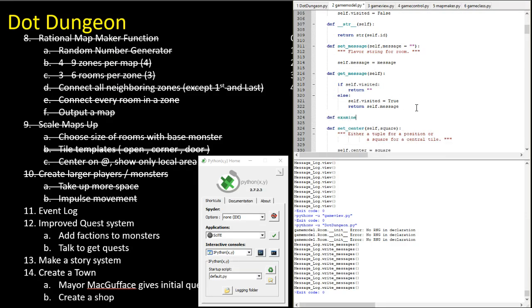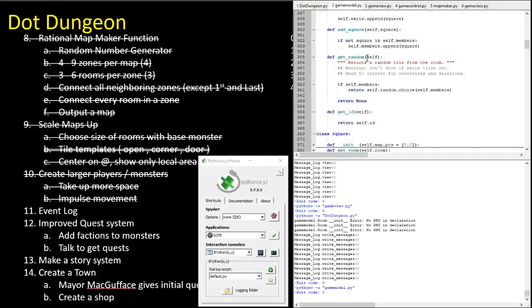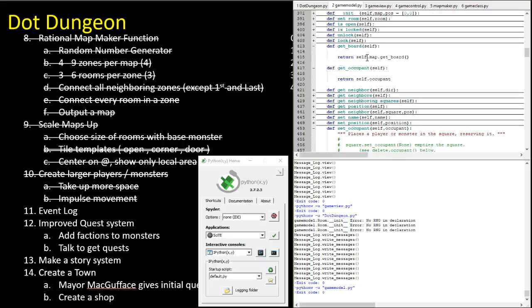def examine self, return self message. There you go. So when they examine the room, it'll give the flavor text. This room looks like a blah blah blah with the blah blah. Flavor text, good, we like it. Fine. Unfortunately, that has nothing to do with